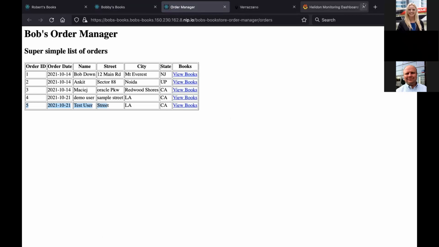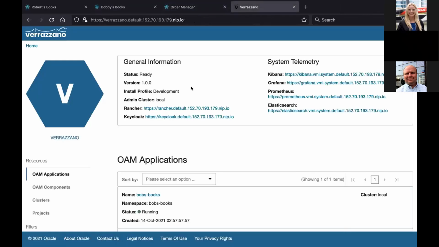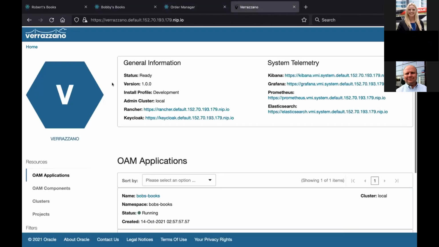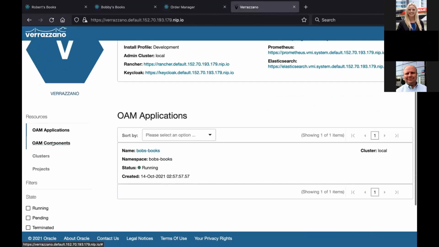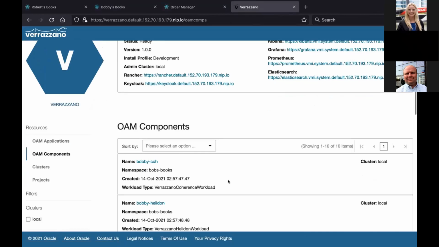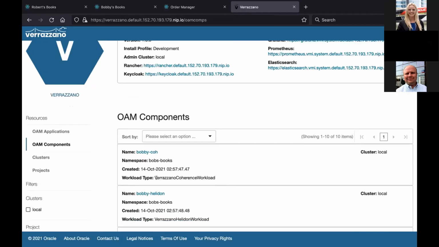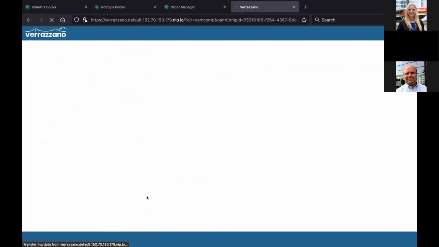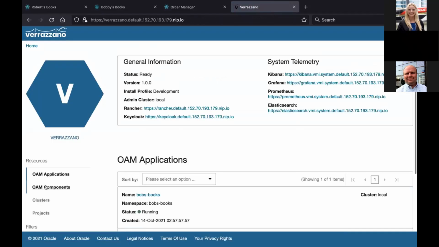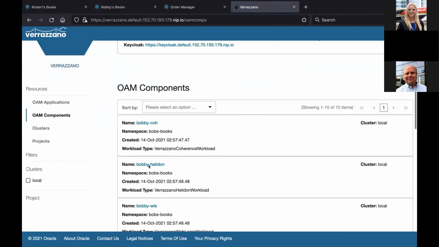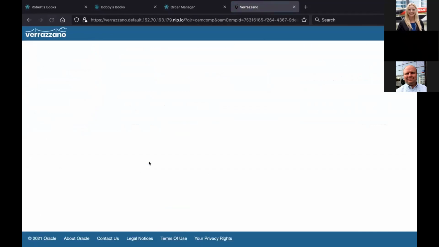Also, we have a Verrazzano console that I have started already. We can navigate and verify that the application is deployed. We can check what kind of components are available here. And the component that we'll be touching today is the Bobby Helidon application. So if I go to components, to Helidon, Bobby Helidon application,